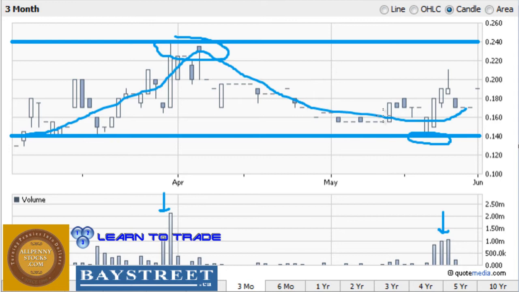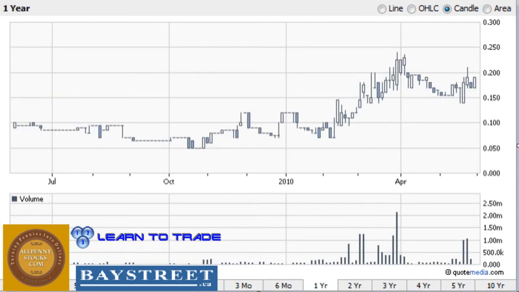But rather than talk about how price is moving sideways within this price channel, we're going to zoom out and look at the 1-year daily chart to get a better feel for where price has been as well as where price may head in the near-term future. So once again, we have an area of support that's occurring around the 14-cent area. And we can see that that area starts right back here, and after price broke above this area, it rallied